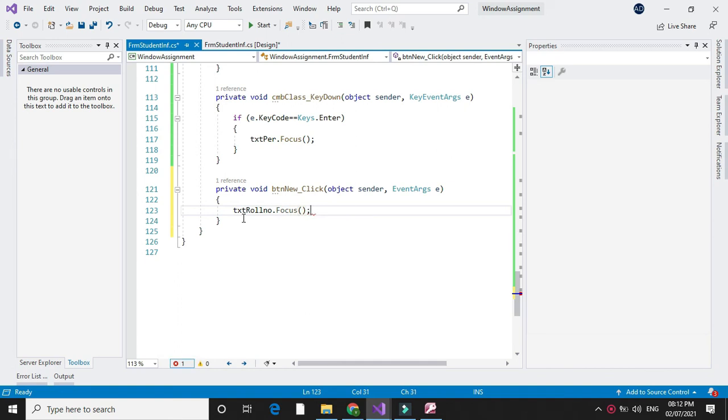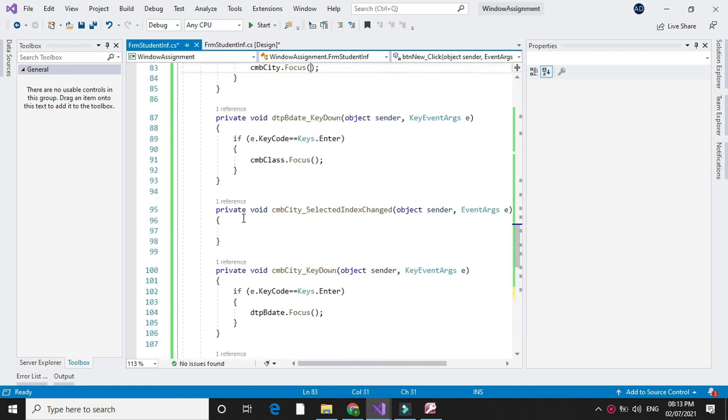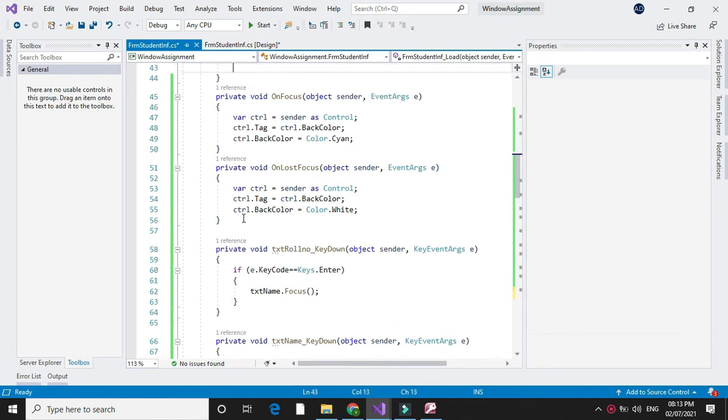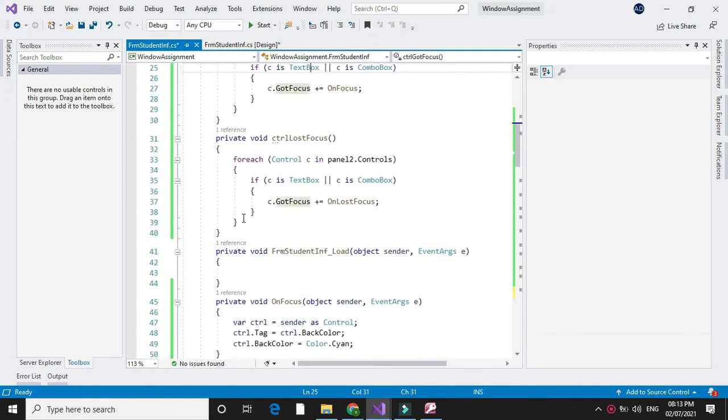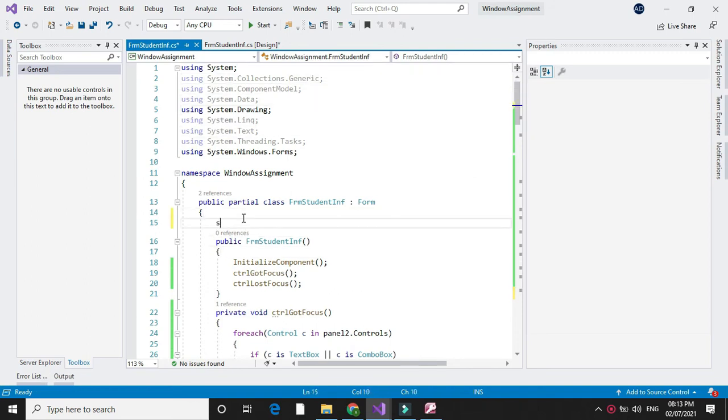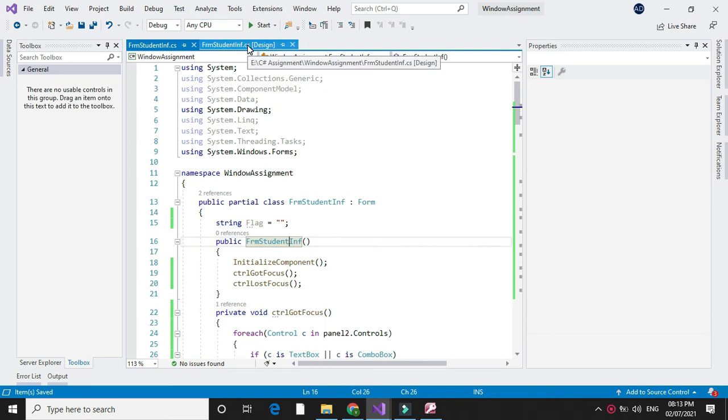And I will declare a variable which decides which button is executed. So initially I will declare a variable, string flag, which is used to check which button is executed.